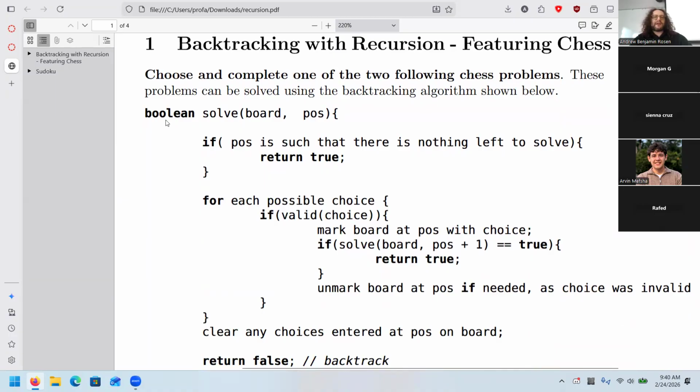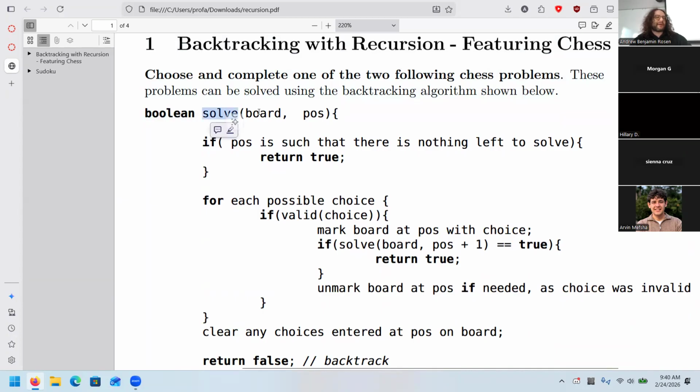But anyway, the overall algorithm for backtracking is, assume we want to solve something and we've got a board set up for some kind of puzzle. This is a recursive problem, and we pass in the board as we currently have it solved, so the current state of the board. That's usually a 2D array of ints in these puzzles.